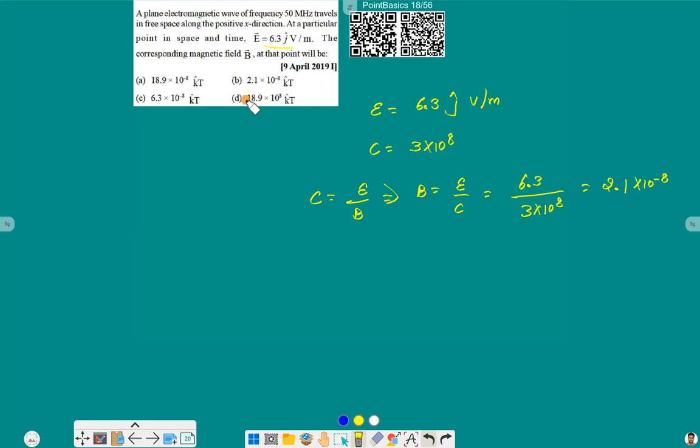And if we see, only option B satisfies our given criteria, so option B is the right answer for this question. Hopefully you understood it well. Next one,